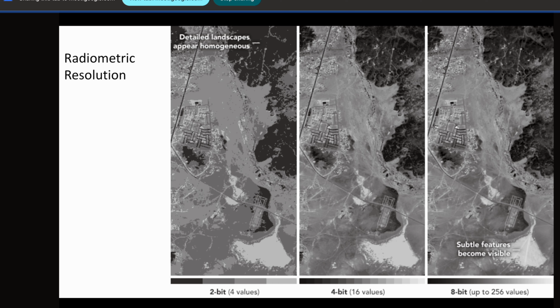So this is the difference you can see. In the 2-bit image you see a cartoonish kind of image, but the 4-bit has a little more clarity. In 8-bit, some features you can easily see. This ground, these roads, you are easily able to see. The difference you can see. So that I wanted to mention.